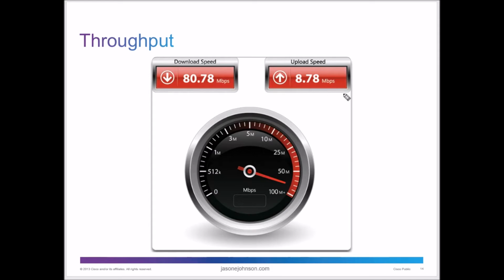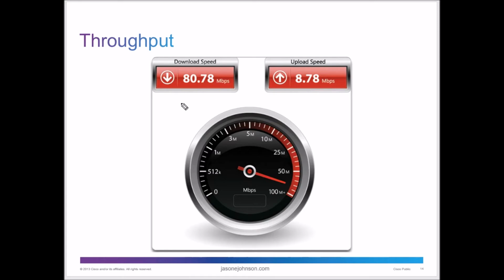And so that's where you'll have megabits per second. Late 2016, or fall of 2016, when this video was recorded, you were usually measuring it in megabits, if you're talking about some kind of cable connection or some type of DSL connection or something along those lines. So you might have 80 megabits per second download speed and about 8 megabits upload speed. And this is just showing a graphic here. Depending upon which website or service you use to measure your throughput, they're going to use some type of gauge like that to give you a visual. So that's what we're talking about.